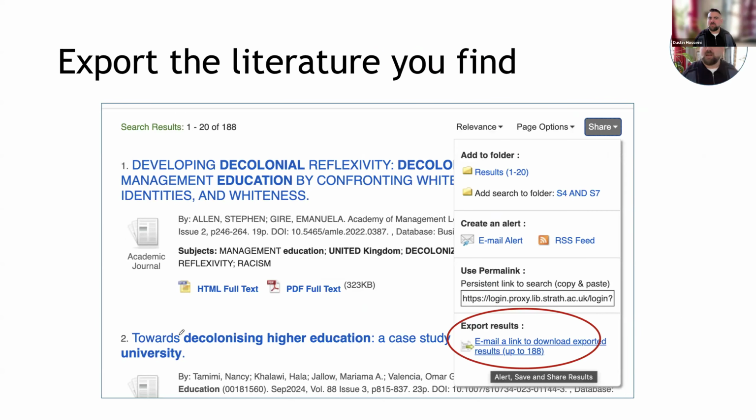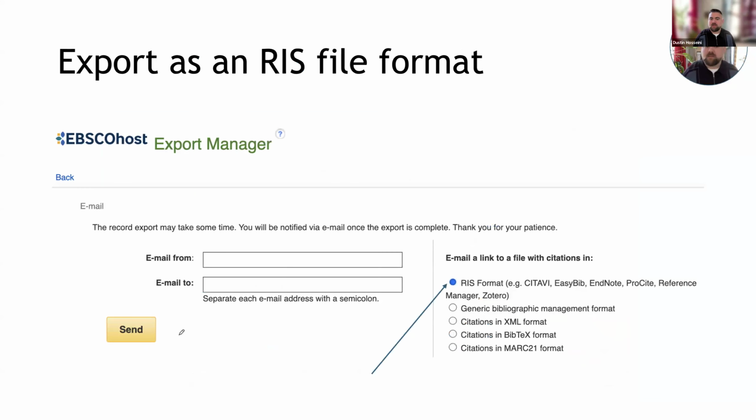Now, after you have found your literature in a particular database, what you want to do is export it as what's called an RIS file. So this may be different at your library. It may work slightly differently. I'm speaking from the point of view of working at Glasgow University and studying at Strathclyde, but